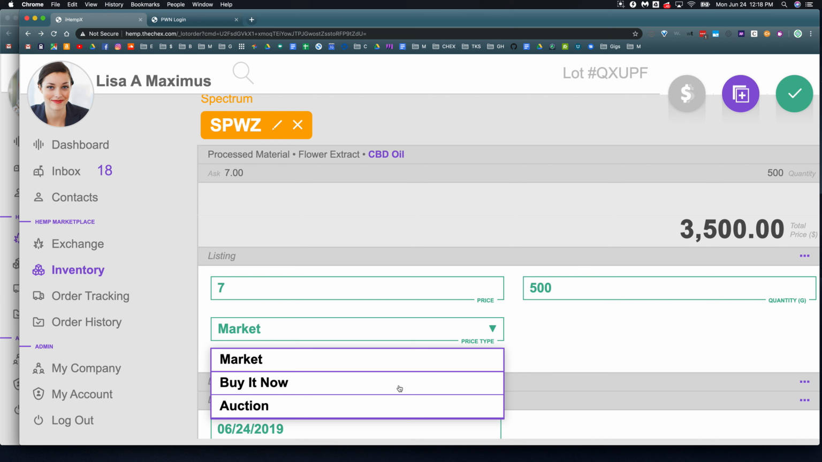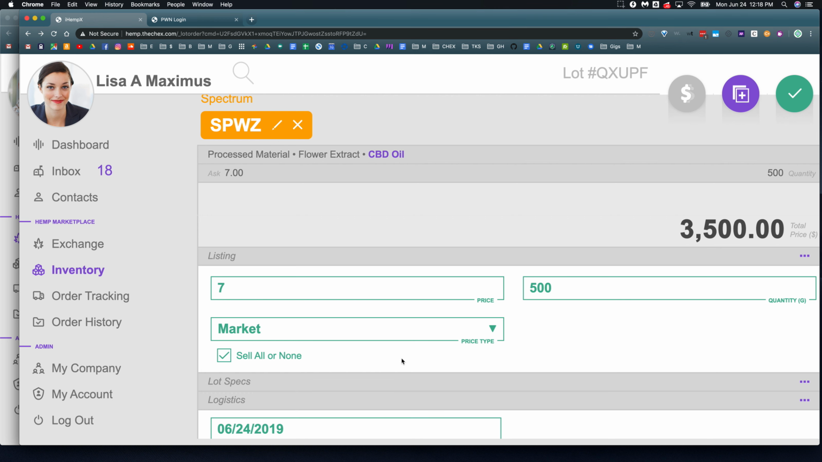I will demo that after this, but essentially the wholesale storefronts are a one-to-many private marketplace for individual suppliers to distribute to their personal network. And this is a many-to-many exchange, or true marketplace, that we're demoing right now. So we'll leave this at market, and sell all or none